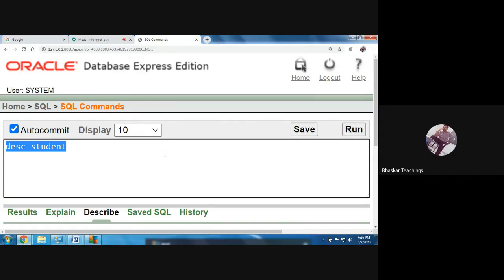Ensure whether you want to delete the table design also or simply the table data only. If you want to delete the table data only, go for truncate but not drop. If you want to completely delete the table along with its design, then go for drop. The syntax is drop table student. Okay, let's run it.